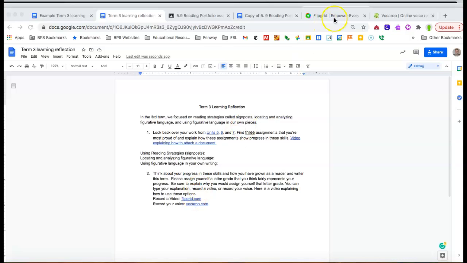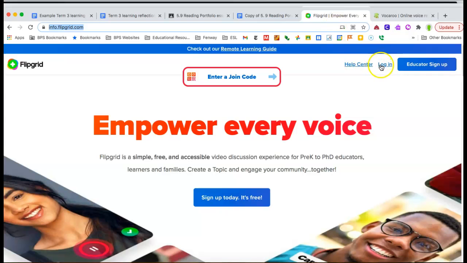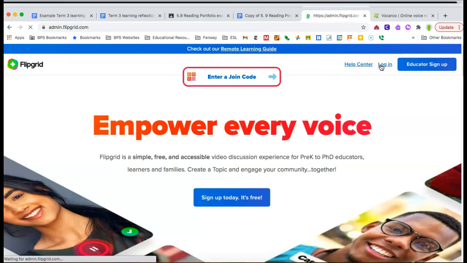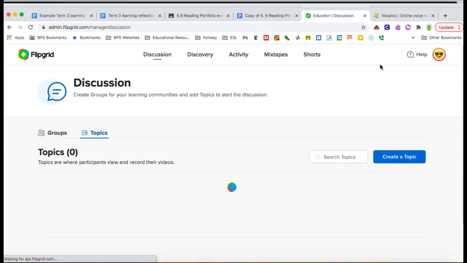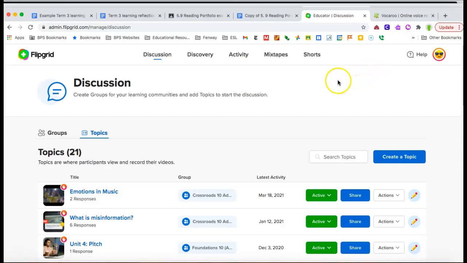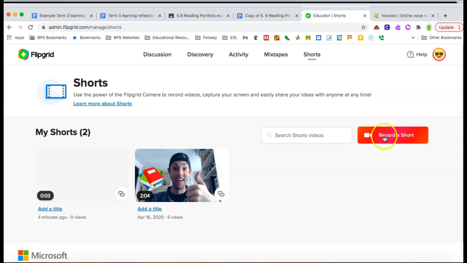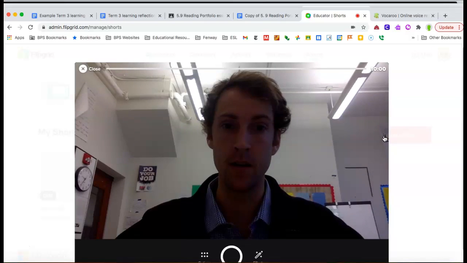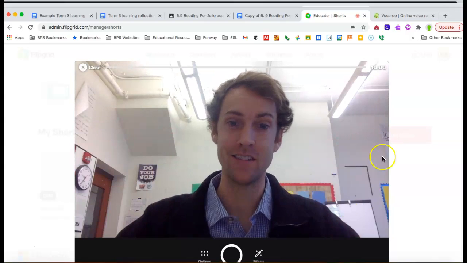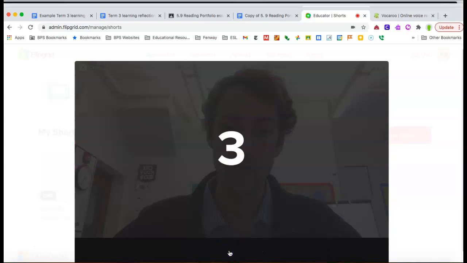Let's first go to Flipgrid. All right, you'll need to log in to begin with, and you should be able to use your Boston Public email address to log in. When you log in, your screen will look a little different than mine because I'm a teacher, but you should have this option that says Shorts up here at the top. If you click on Shorts, then you can record a short and it brings up your camera. Hello! You can click record